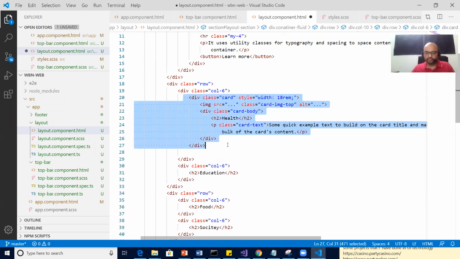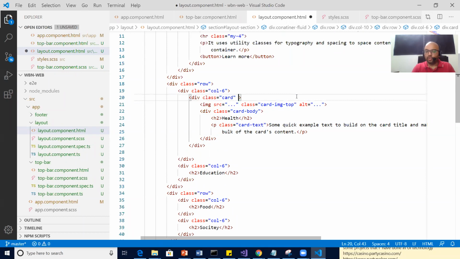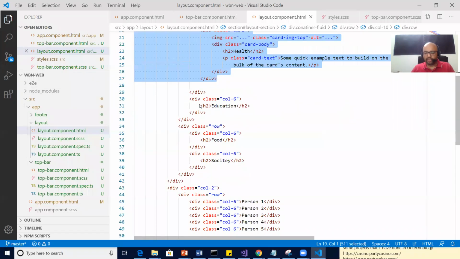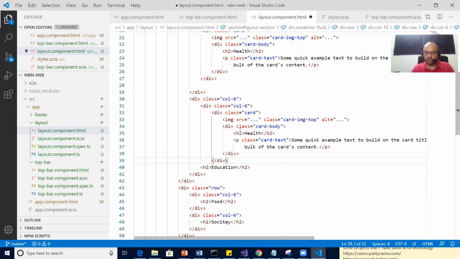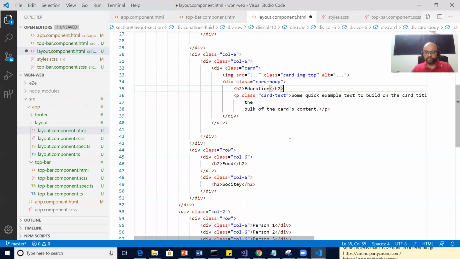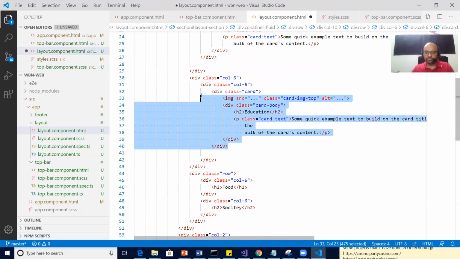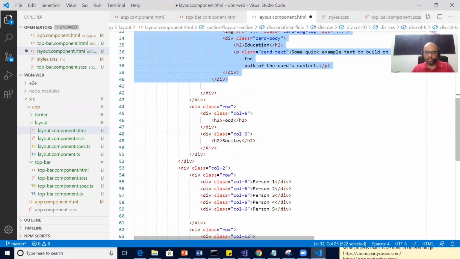Yes or no? And let's remove this width because we don't want to hard code any width. It should be responsive, so no hard code for the width. Height I can still keep, but no hard code for the width. The same thing is going to happen for education. Cut and paste, and then copy.